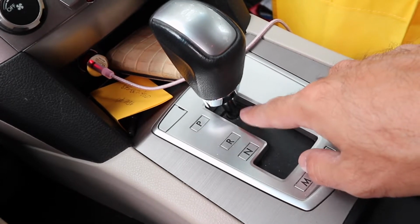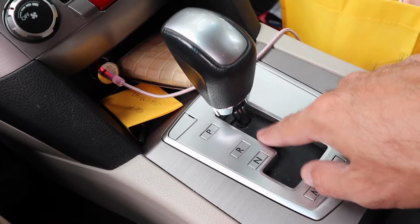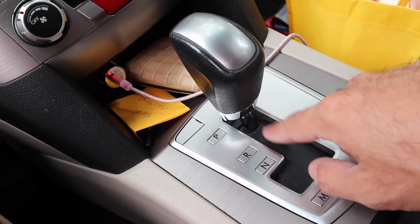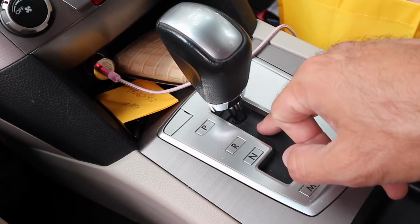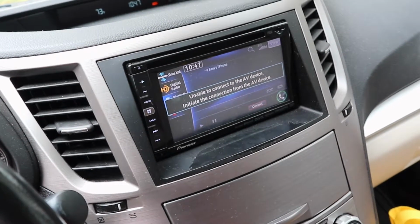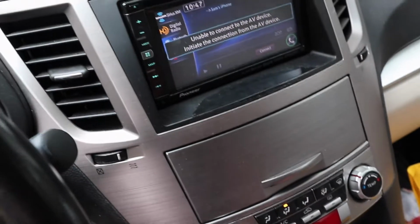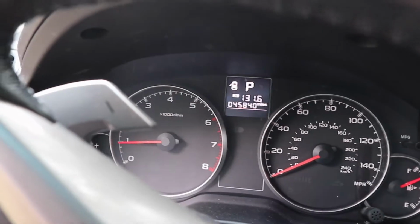I believe there's a button inside of here that when you put this thing into reverse, it pushes down on the button and it engages the reverse camera here. And I would say the button is probably the first thing I should check on this, but I'll do that later. Oil change is the more important thing,